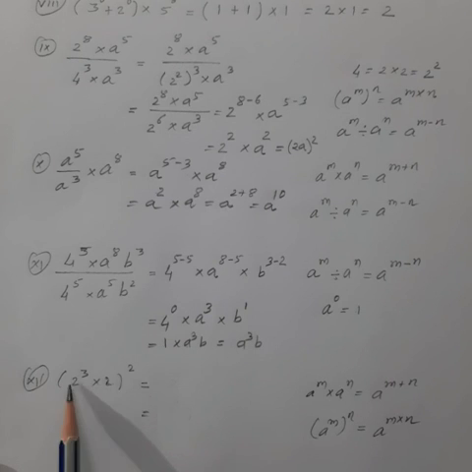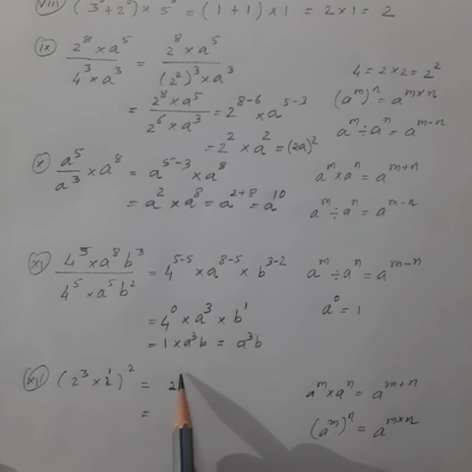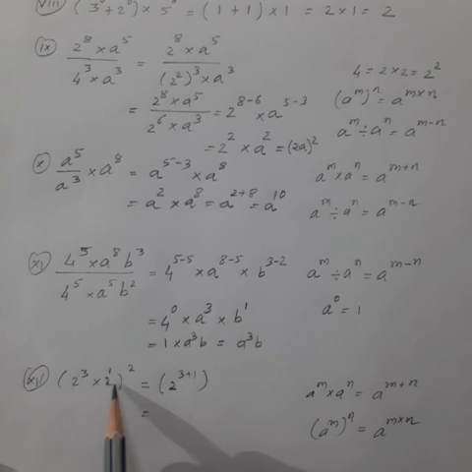12th. In bracket 2 cube into 2. This is 1 time 2. So we can write its power 1. Now this is the multiplication of two numbers with same base 2. Take the base 2 and add the powers 3 plus 1, and whole bracket square. Base 2 and power 3 plus 1 is 4 and again power 2. Now to take the power of power, we have to take the same base and multiply the powers. 4 2s are 8. 2 raised to the power 8.